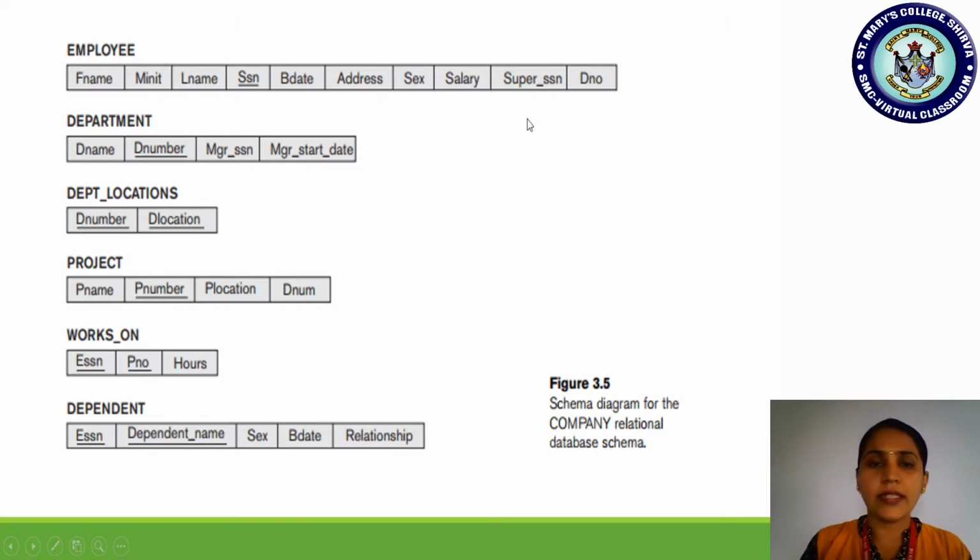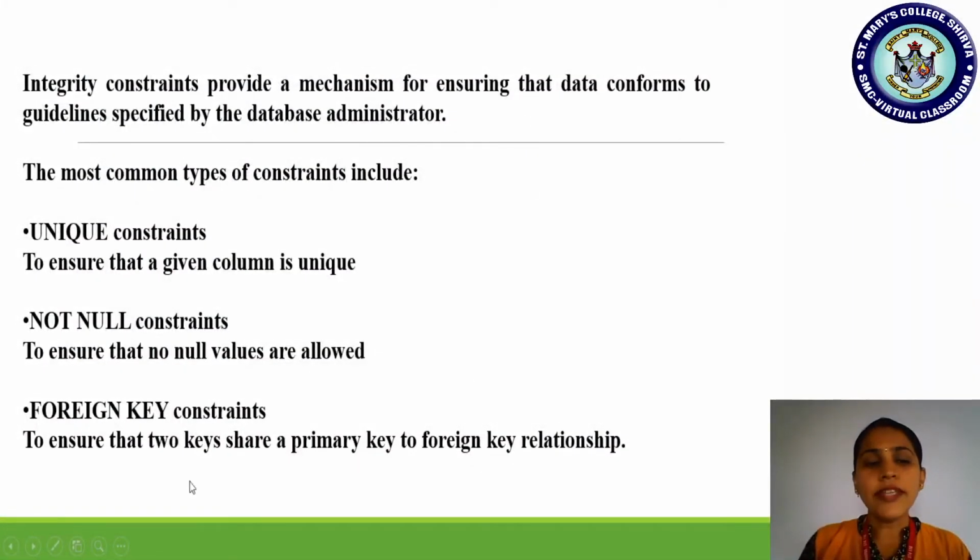Okay, so like that, to ensure that two keys share a primary key to foreign key relationship. In our example, I just showed you with the employee SSN and department number. Whatever the three types I have just dealt with, we will understand more exactly with certain examples. Okay.